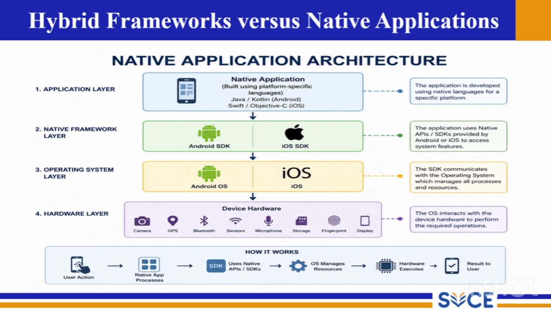As a result, native applications offer faster execution, smoother animations, better responsiveness, and improved access to device hardware compared to many other approaches. To summarize, the native application architecture consists of four major layers. The application layer, where the app is developed using platform specific programming languages. The native framework layer, which provides SDKs and APIs for